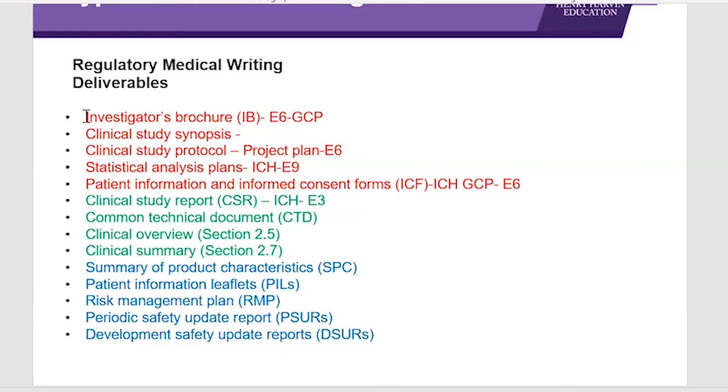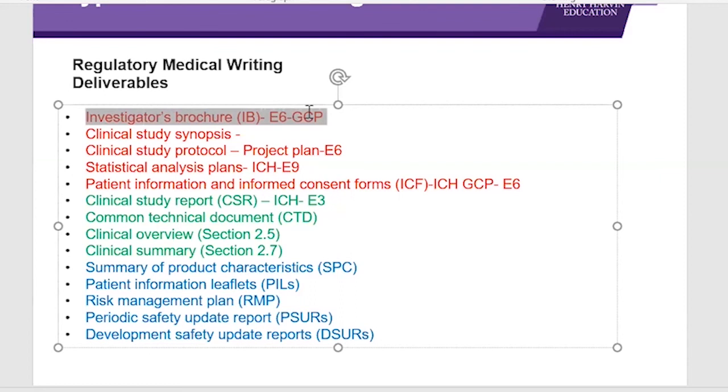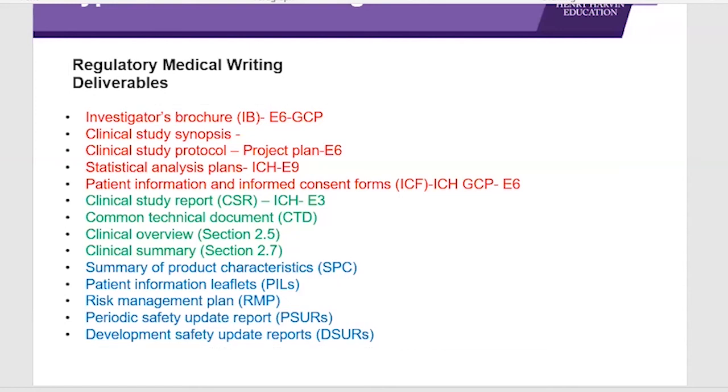It's common, but it has to be updated continuously with newer data. For example, when I have moved from phase 1 to phase 2 studies, it has to include information about that phase 1 study in the investigator brochure. It's a kind of live document. So you cannot use the same brochure in phase 1 and phase 2 studies without updating it. Yes, unless there is an update, it will not be updated. So, are we clear about the set of documents that is required before every trial initiation?